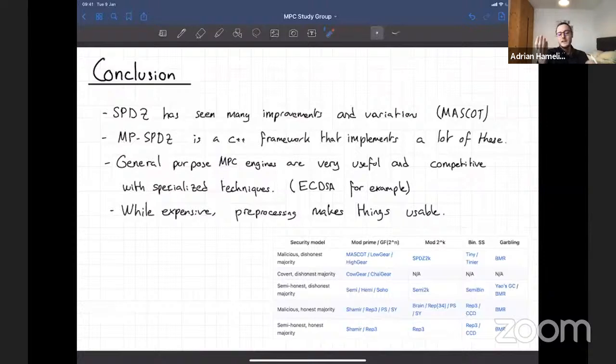You're going to have to weigh the balance on whether pre-processing is interesting or not, depending on your use case. But it's still a very interesting technique, and I found the paper really interesting.